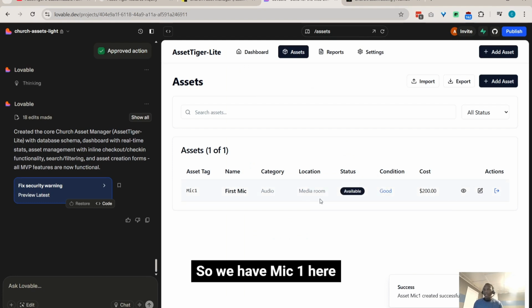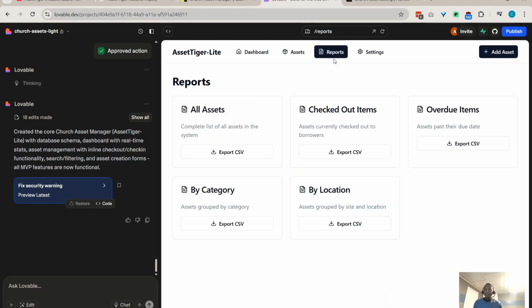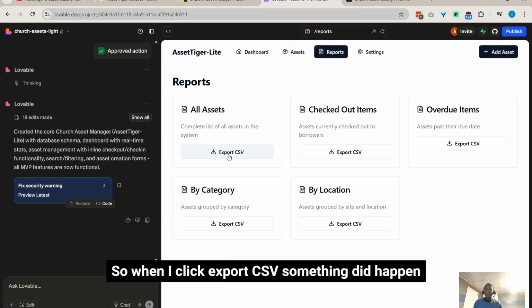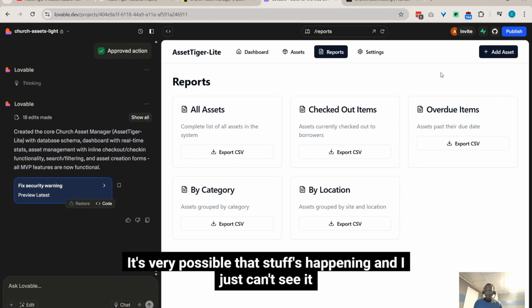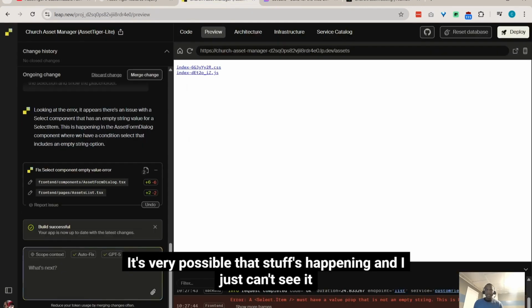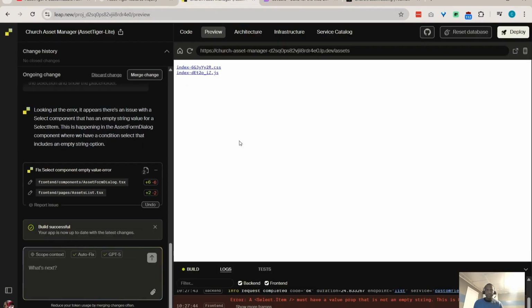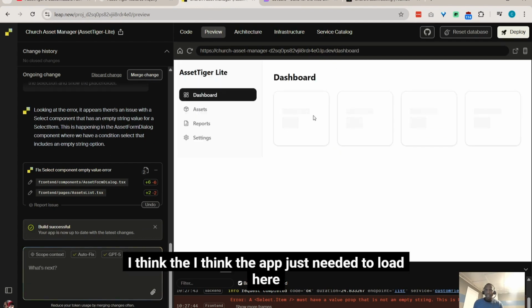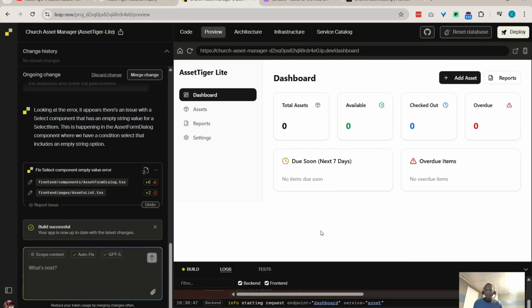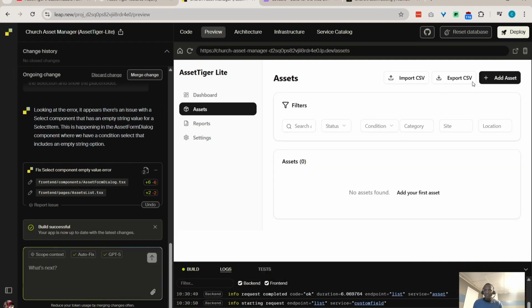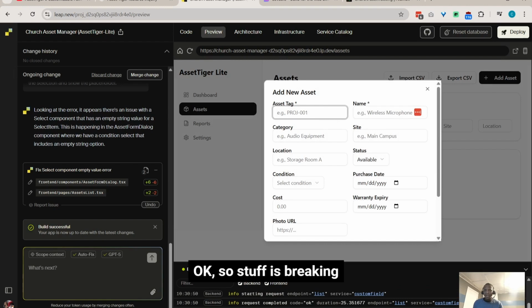So we have mic 1 here. Yeah, I don't know. Interesting. So when I click export CSV, something did happen. It's very possible that stuff's happening and I just can't see it. Okay, so let's go back. I think the app just needed to load here. If I click assets again, if I click add asset, okay, so stuff is breaking, but so far at least